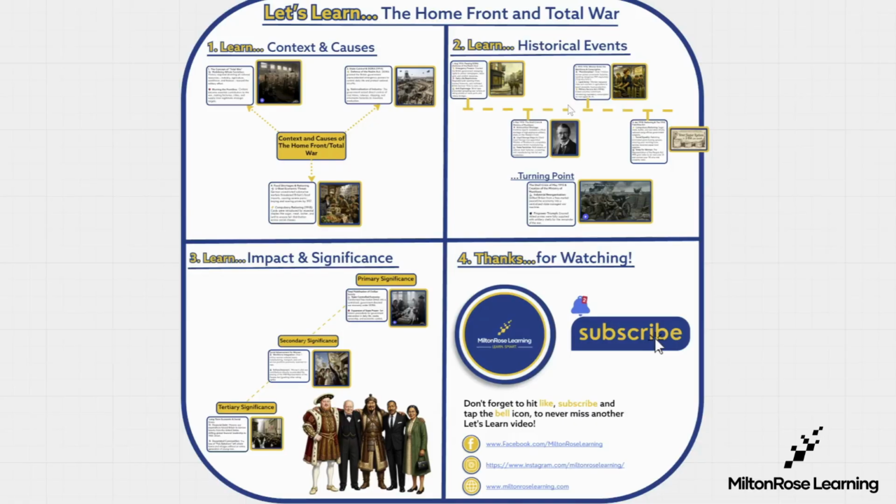So we're coming off the battlefield for once today, and we'll look at how World War I affected the societies in which it was taking place. We're going to look at the context and the causes of the changes which were happening on the societal level today. Then we'll give you a really good chronology, as we always do, to beef up your notes. And then we'll look at a nice turning point as well in terms of the home front and total war. And then, as always, we'll round off nicely by looking at the tertiary, secondary and primary significance of the events on the home front in World War I.